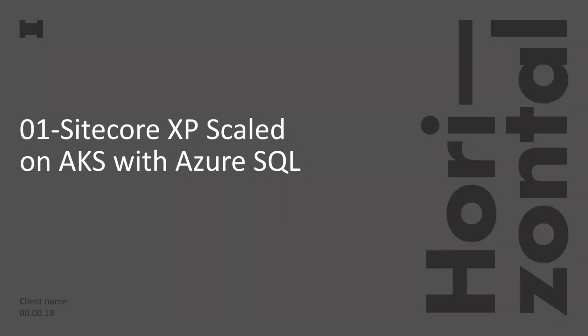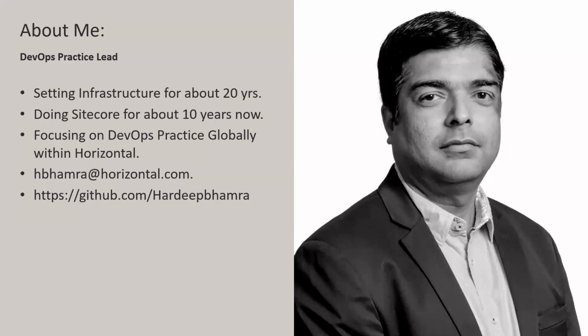So this is the second one where we are going to be talking about Sitecore XP scale on AKS with Azure SQL. If you have seen the last demo, last time we used the pods themselves for the SQL, Solr and other steps. In XP single, we use the pods themselves, but in XP scale, we are going to be working with Azure SQL as a service in the backend. That's an additional thing that you would see. A lot of stuff would remain the same: how to build the cluster, something that you already saw last time from a PowerShell point of view. But there are small changes needed to work with Azure SQL as a service in the backend for XP scale.